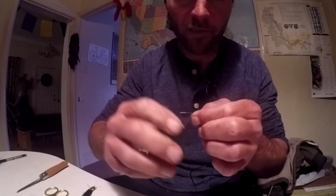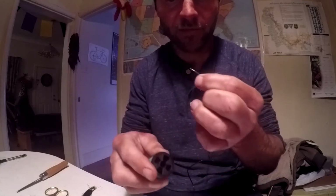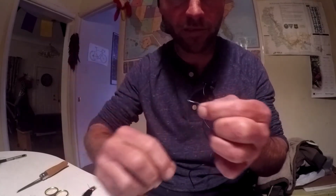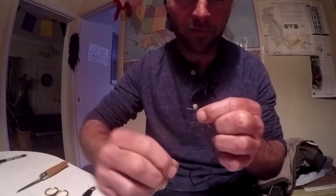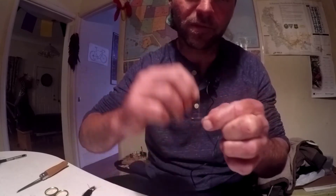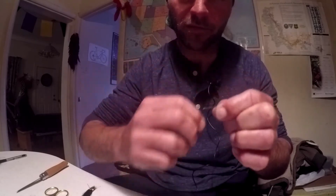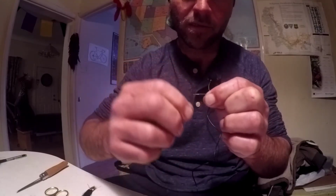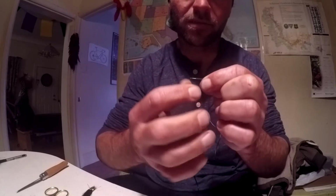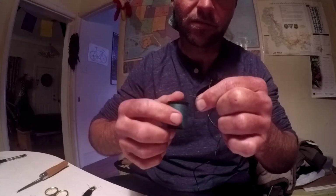We'll just repeat the process, going back up to the front. And get a little bit of extra thread out of there. Relatch back into the spot. And just keep giving it a few wraps. We get up here to the front, we want to make a nice thread base for all this other stuff to sit on. Kind of like to make it have a little bit of a head right here in this one area, so